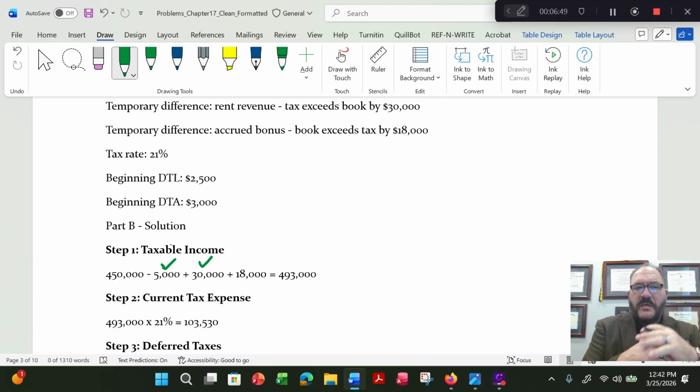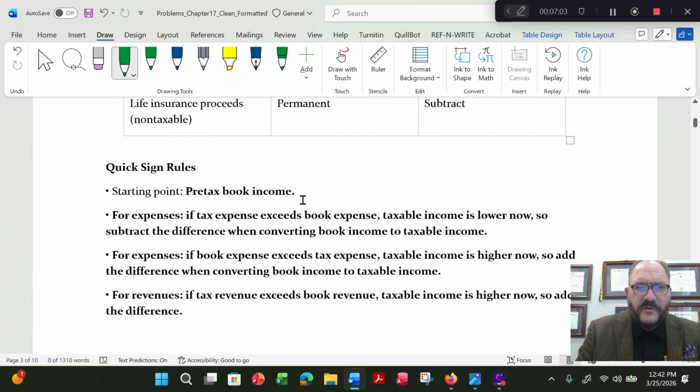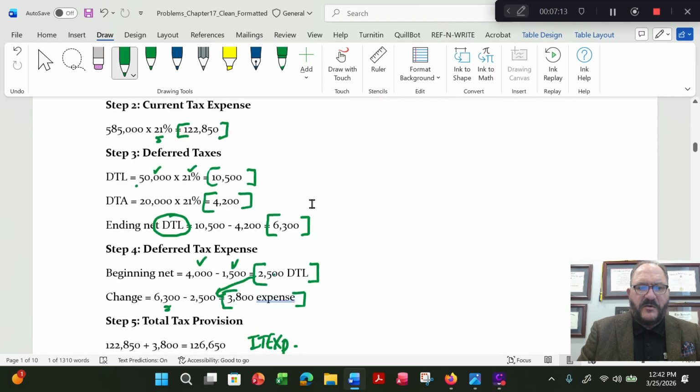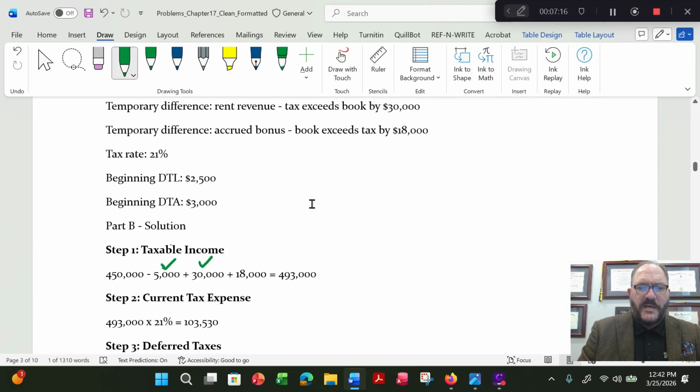$30,000. Okay. Then we have an accrued bonus. And here, the accrued bonus, the book exceeds tax by $18,000. Okay. Now, if you go up here, temporary difference, accrued bonus, let's see if we got a rule here. And the rule is accrued expenses not deductible yet. It says to add it back. Add it back. Okay. So right down over here, we're going to add that back. And so now we get $493,000. Okay. Our current tax expense, $493,000 times 21%,